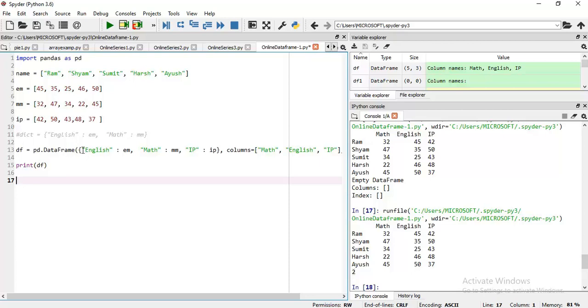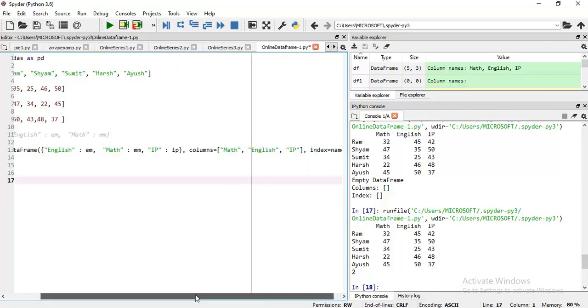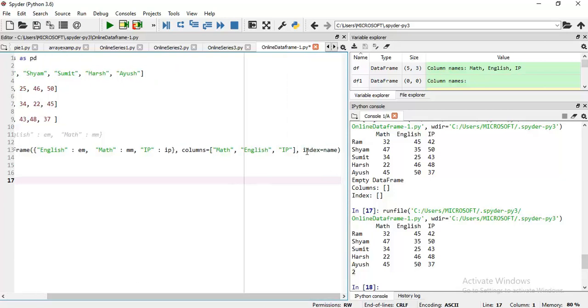Here is the key English, and for English I have stored the value em, then the key maths with mm, then the key ip with ip. Similarly I set the order of columns, meaning first the maths column will appear, then English, then IP. And for the index, I have taken name.